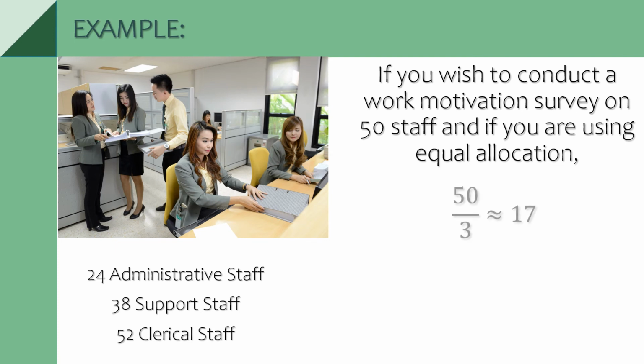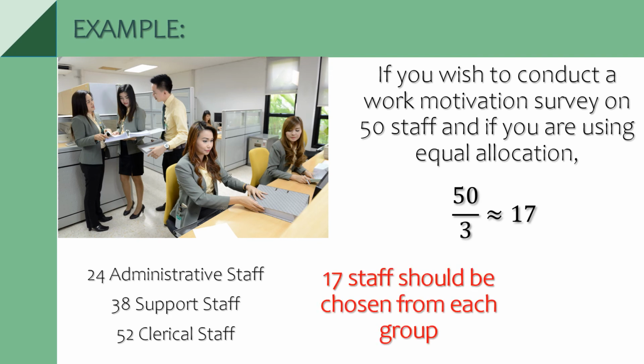Okay, so paano yung gagawin nun? So, ibig sabihin niya, i-divide mo kung ilan yung group na yan. So, in this case, meron tatlong group: administrative group, support group, and clerical group. So we have 50 divided by 3. Okay, that is approximately equal to 17. So, ibig sabihin yan, 17 ang kukunin mo sa administrative staff, 17 naman sa support staff, and then 17 din